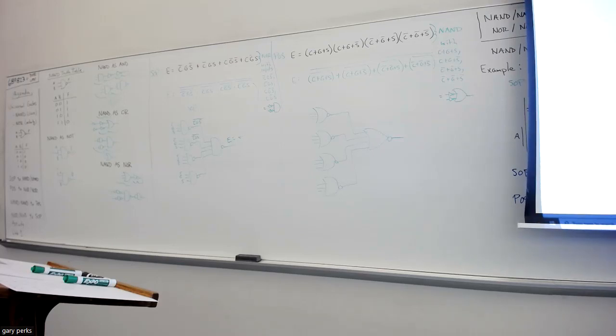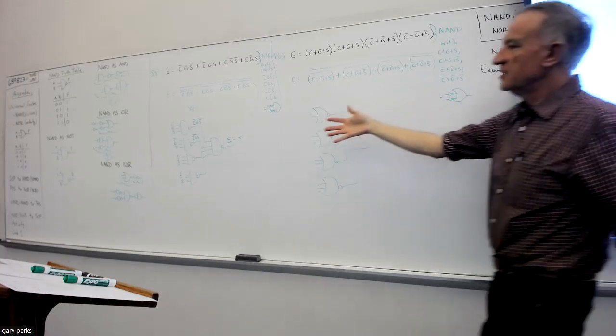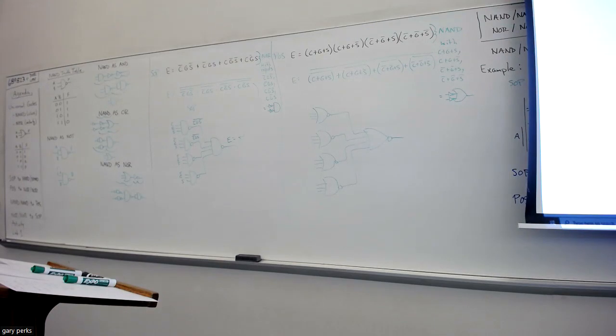The second part of the activity has to do with NAND and NOR. Number 1 here is to take this truth table and draw the reduced NAND circuit. So from this truth table, go to something that looks like this. Since I want reduced in this class, anytime you see the word reduced, what should pop into your head? K-maps, right? Because that's how we reduce. So you want to put this truth table into a K-map,